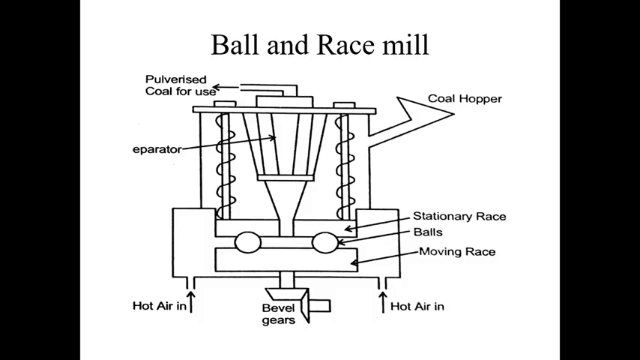Ball and race mill. So here there is an evaporator, the coal hopper where they supply, and here is the stationary race, and these are the balls in between the stationary and moving race, and one moving race. It is just like, you can say,